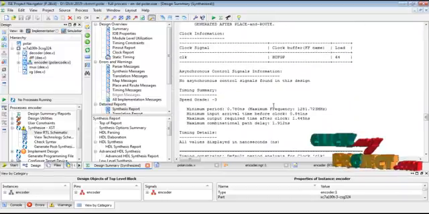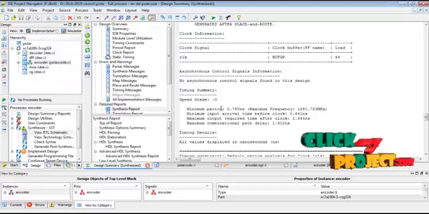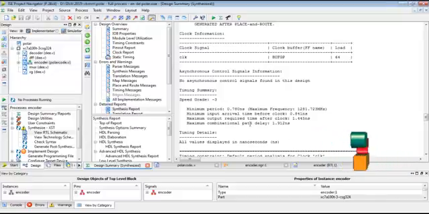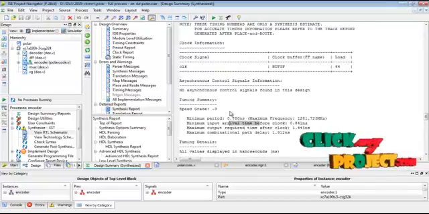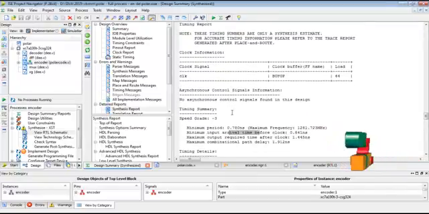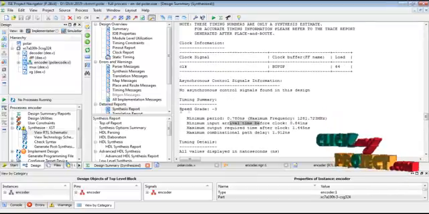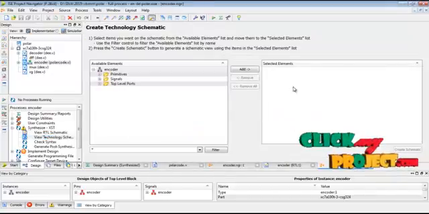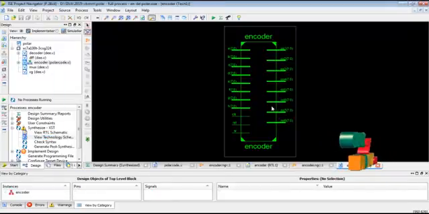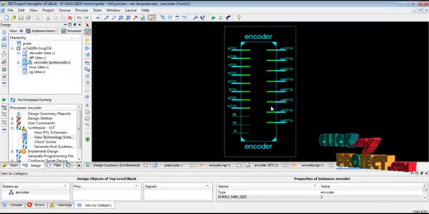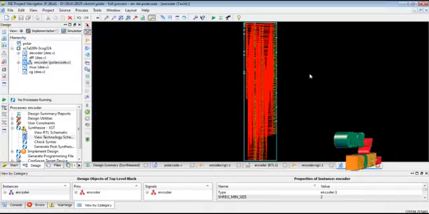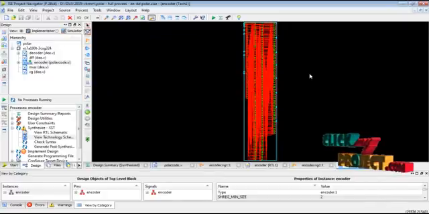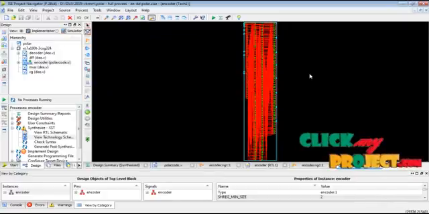Then we go to the timing summary. This is the required clock frequency, speed level and timing. This is the overall combinational path delay time. This is the latency timing for our overall polar code based encoding architecture. And you can also see the technology schematic diagram. This is the technology diagram for the overall architecture. This is the final synthesis result for the required polar code based encoding architecture.